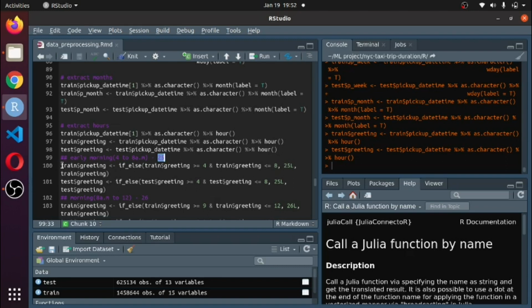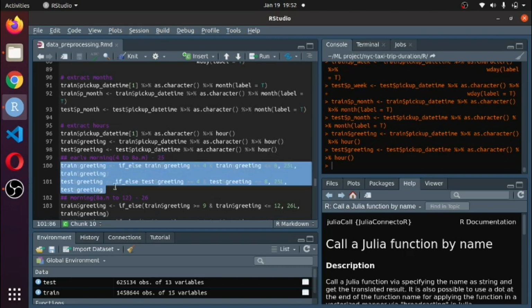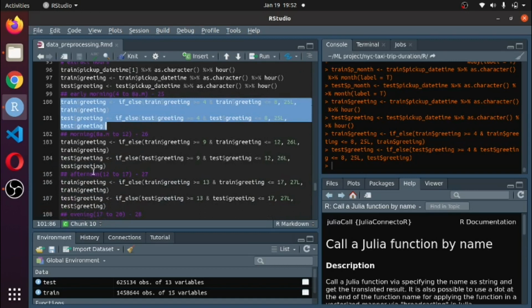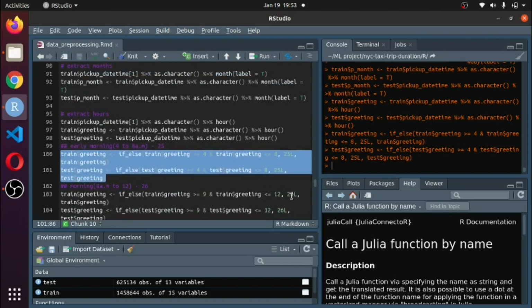So now I just run it. Similarly I am creating it for morning also, and afternoon. Why am I writing L here? Because train dollar greeting is an integer data type, that's why I am writing L.